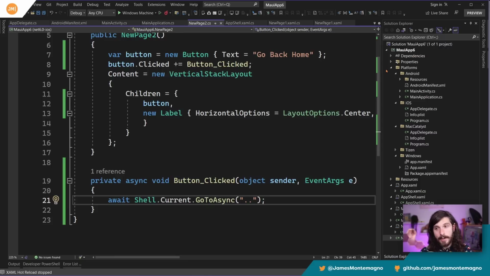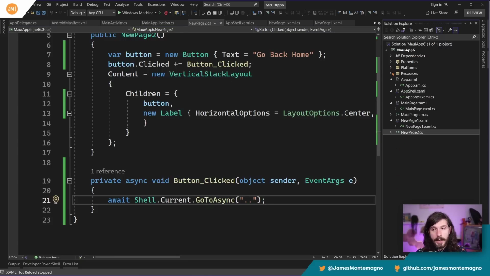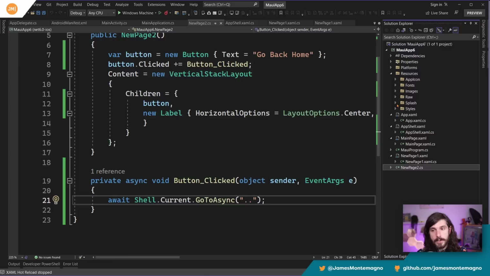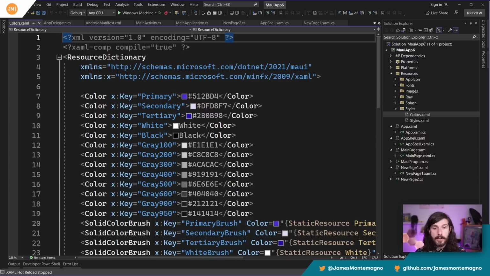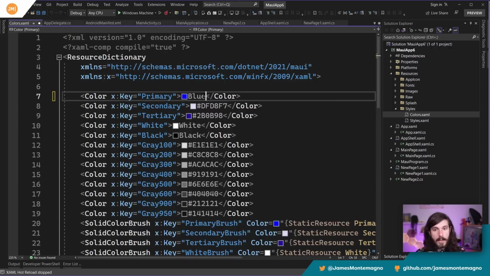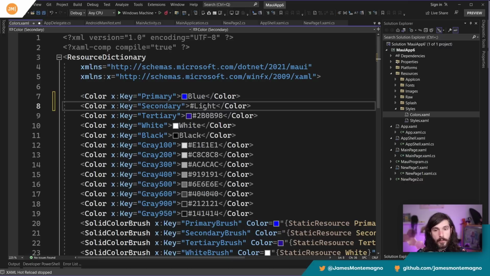All right, last thing to talk about is styling. I talked about it a little bit ahead of time, but inside the resources, we have styles and we have colors. Now these colors are going to define all the colors in the application. So you probably realize that there's a lot of purple, for example, but if I want my application to be blue, and then I want this to be light blue, let's see, maybe, or is it light blue, is that one? Or maybe,